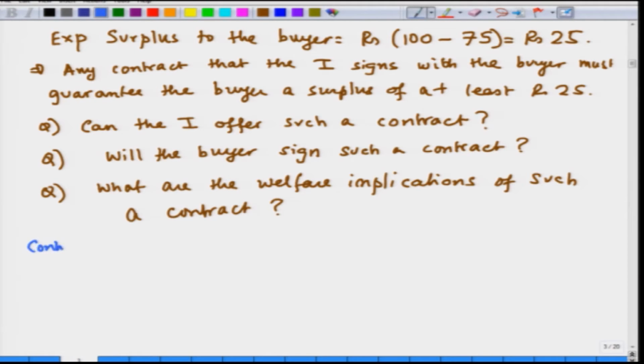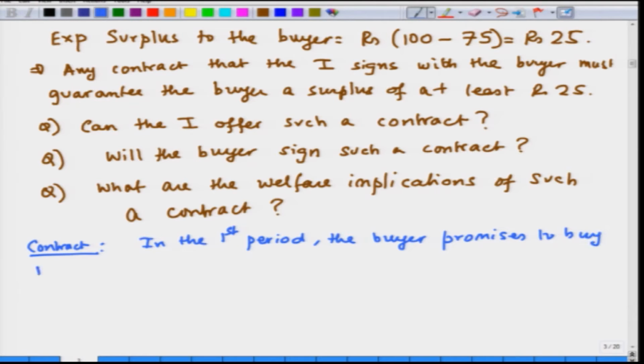So, in the first period the buyer promises to buy the good from the incumbent in the second period, at t equal to 2, right,